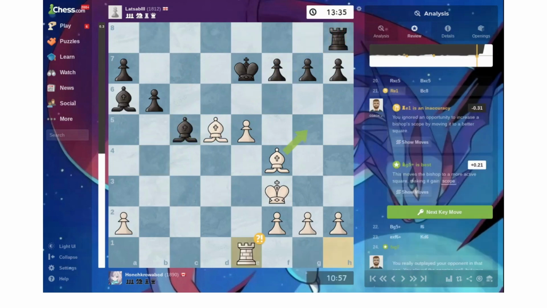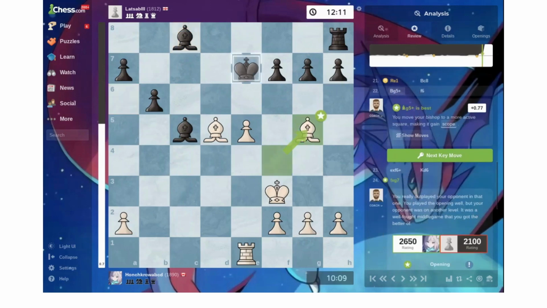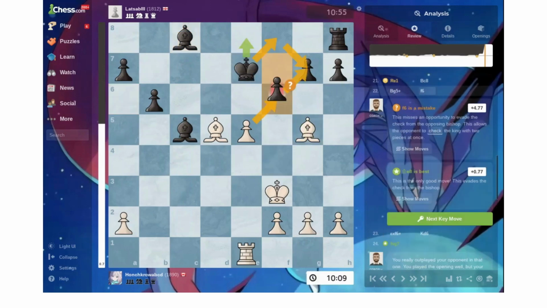But he'd have to be really bad at chess to let me do that, right? Well, first he goes here. That's an unfortunate error. I agree with you, Coach David. You are right on that one. Very unfortunate error. Then bishop g5. Then he plays f6, which is...